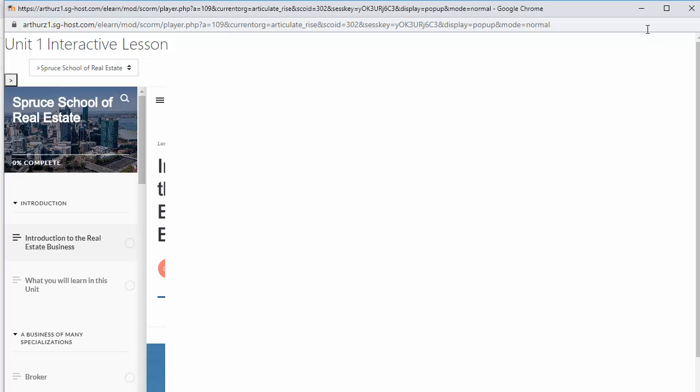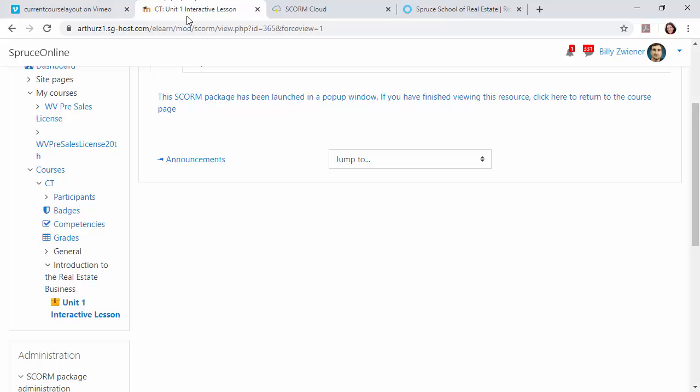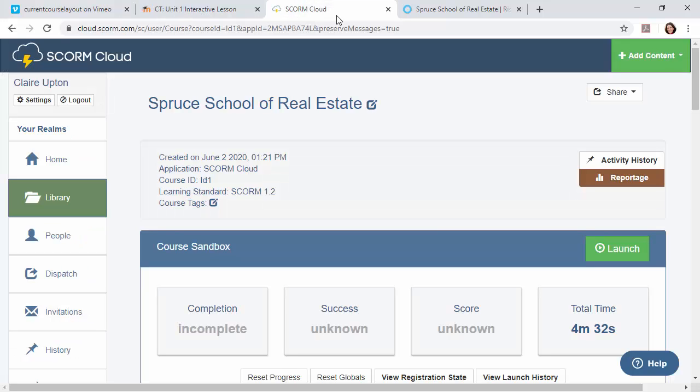So to try and troubleshoot that, what I did is I uploaded it to SCORM Cloud. And when you upload to SCORM Cloud, what you're doing is testing: does the problem lie in the SCORM package, or does it lie in the LMS? If it works in SCORM Cloud, then it tells us that the SCORM package is fine and working fine, but there's a setting in the LMS that is not working right. So that's why I've uploaded it to SCORM. If I launch it here in the SCORM Cloud,